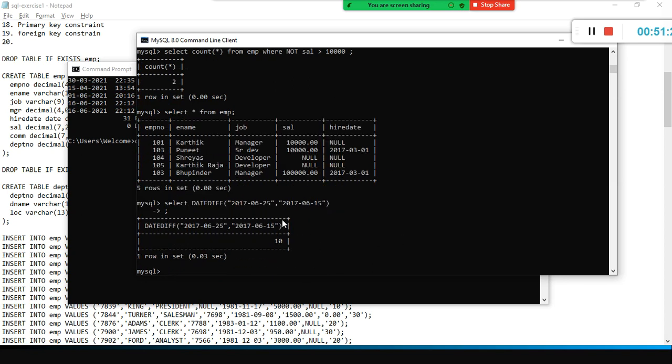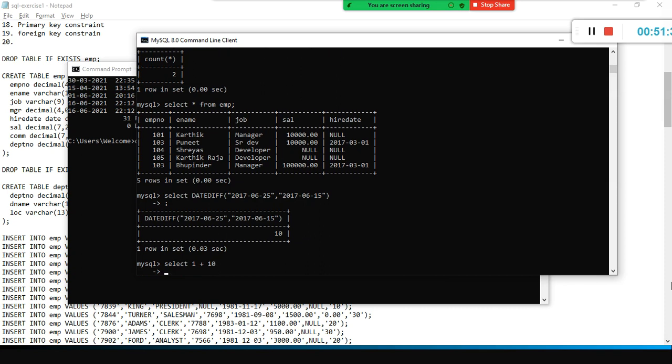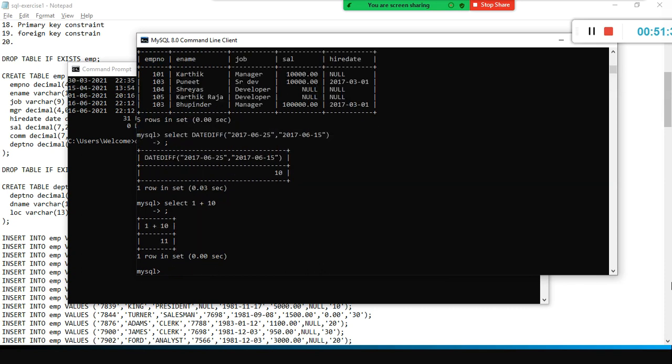You don't have to use the from clause and all. If you want to do some kind of calculation, for example select 1 plus 10 semicolon, it's kind of a calculator, and 1 plus 10 is 11. If you want to perform some temporary thing, you can use select without from table.